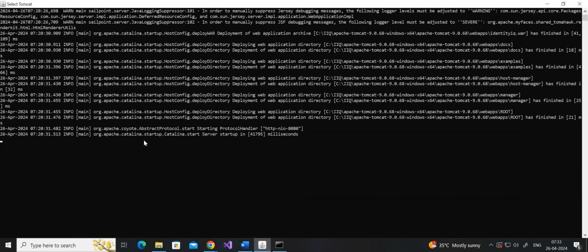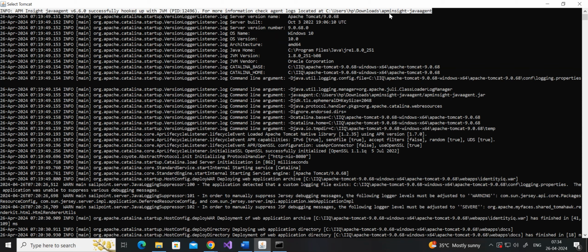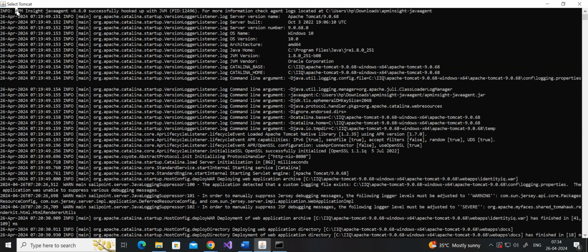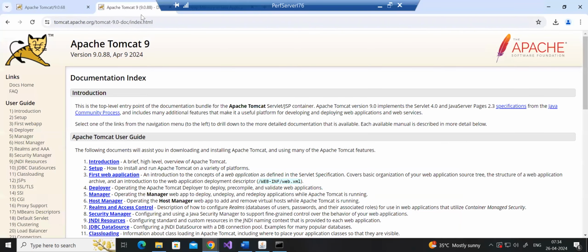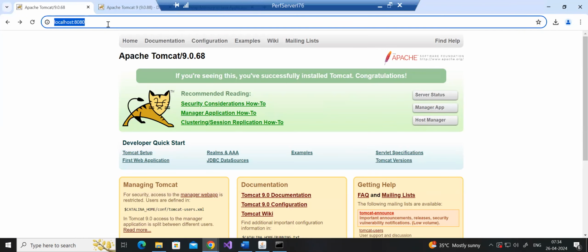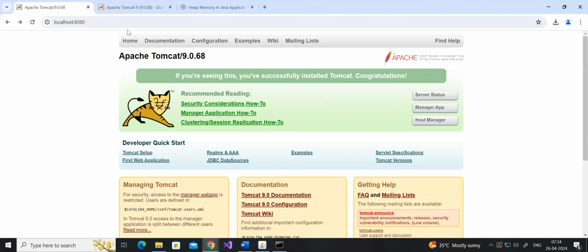The same thing, if you see the first one, APM inside Java agent, which I configured, you can see the Java agent. I'll show you this argument is what you have to add on the top of one file in the configuration, if you want to install the agent on Apache Tomcat. Now, going back to the same thing, if you go here, Apache Tomcat. Now, if you do this one, you're getting it. Now, if you go to Manager app,